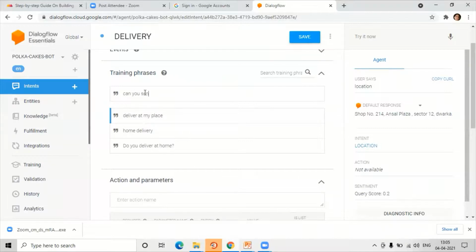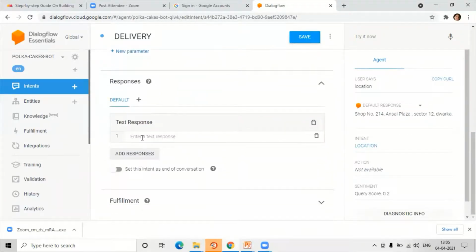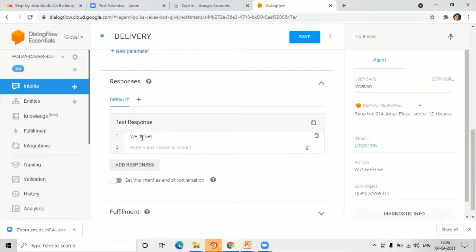Can you send to my house? Something like this. So we come down and the response is your custom response. Here I can write, we deliver at home from 12 noon to 3 p.m. maybe. So save.